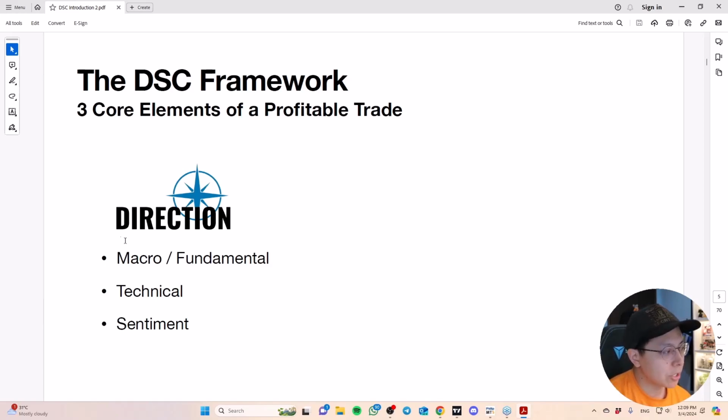So that's the direction. If today you don't have a clear sense of which direction you want to focus on, then you'll be trading blind, because you'll be equally going into the market and gambling. So direction is very, very important. In a while I'll show you the methods I use to determine direction.